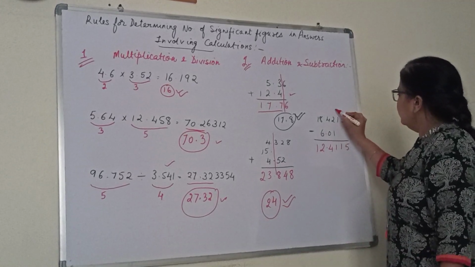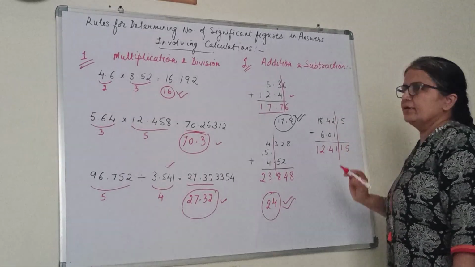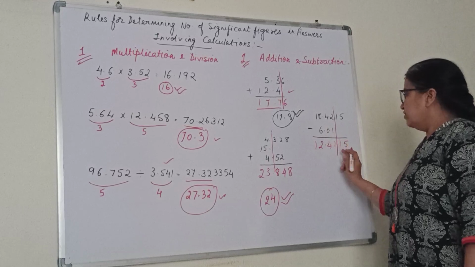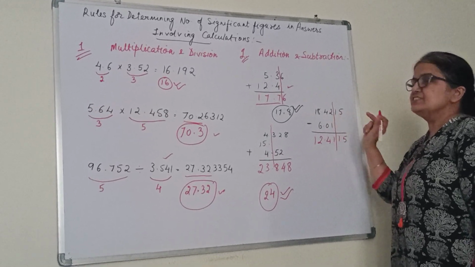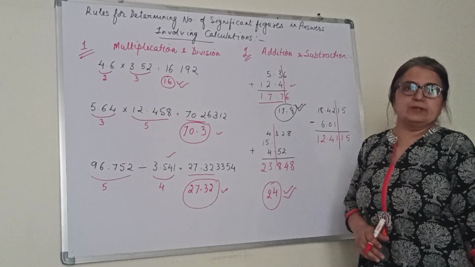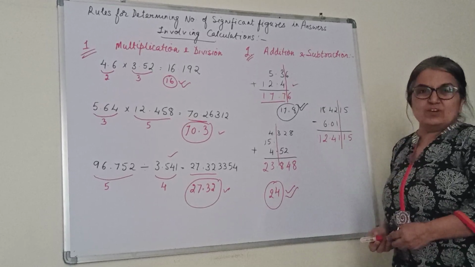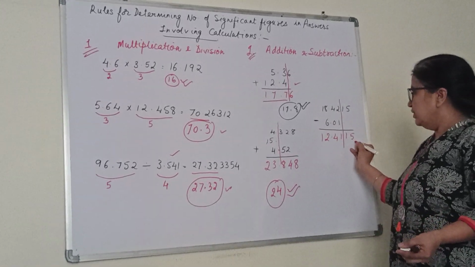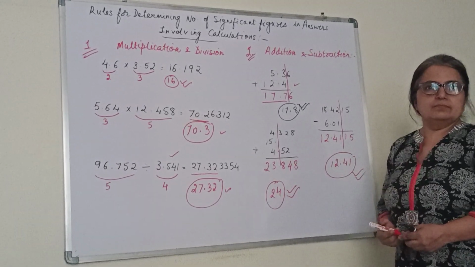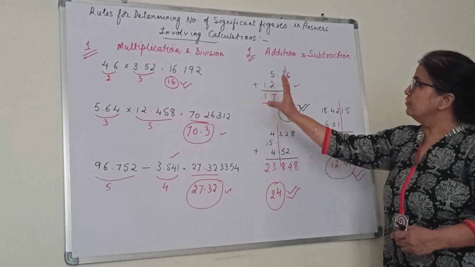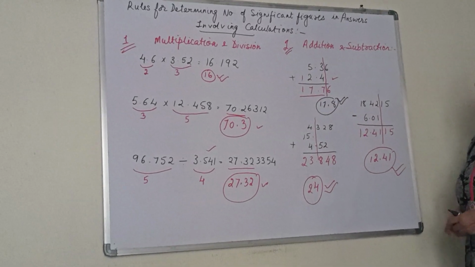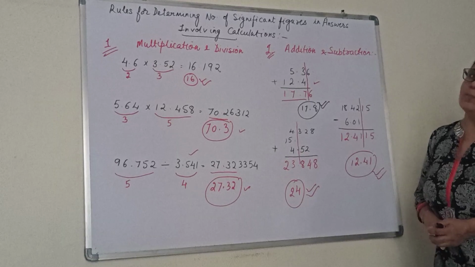Here also, till here means your answer will be written till here only. This was having the lesser number of digits after the decimal. So our answer should have only 2. This is having 4 digits after the decimal. This is having 2 digits after the decimal. So my answer should have 2 digits only after the decimal. The next number is less than 5, so you are not going to increase by 1. I will write the answer for this as, this is the answer. Is this clear, children? For addition, subtraction, multiplication, and division, we have discussed what are the rules to be followed. A few examples I have discussed, you can practice some more. Okay?